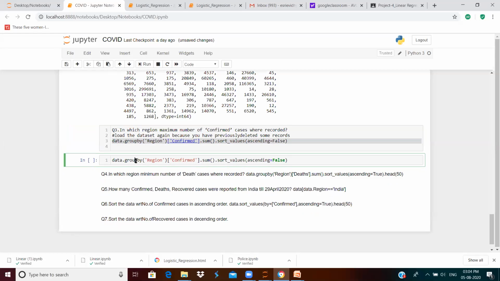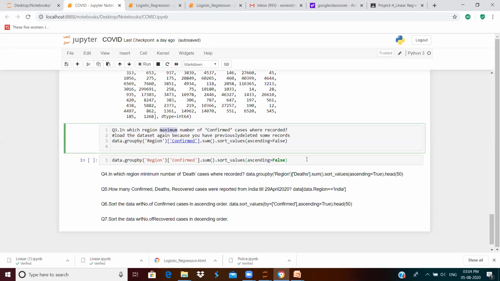We have grouped our entire data frame based upon the region, and we are going to find the cumulative sum of the confirmed values across all the occurrences of each record across the data frame, right? I've called the sort underscore values function, and I have just made ascending to be false. If ascending is false, then it gives you a descending order. The top record will give you the maximum number of confirmed cases.